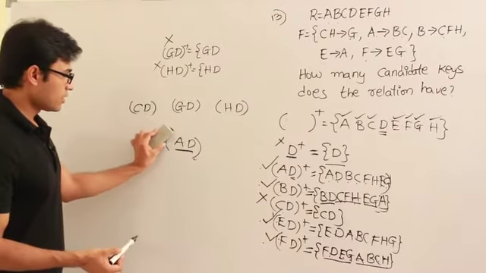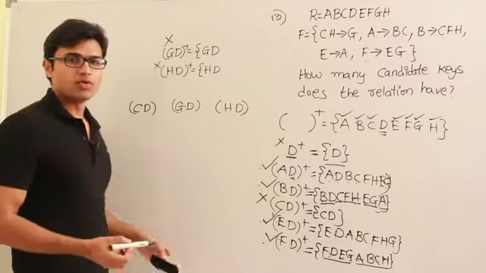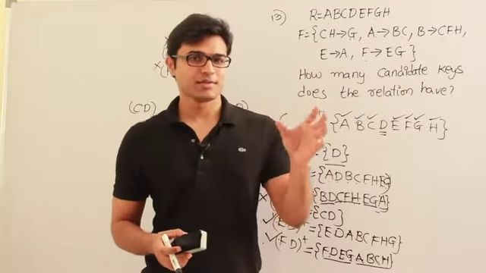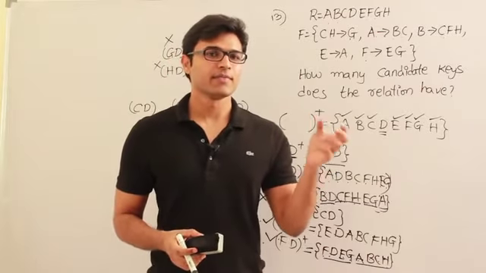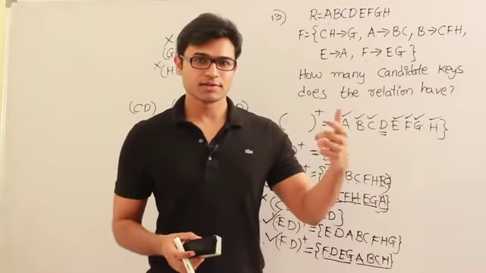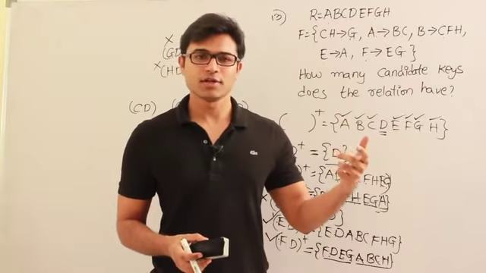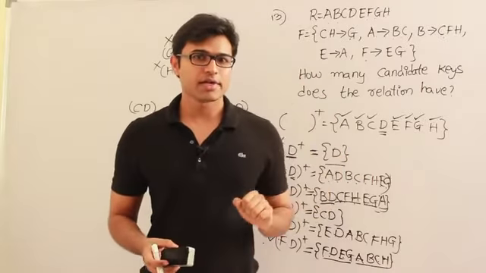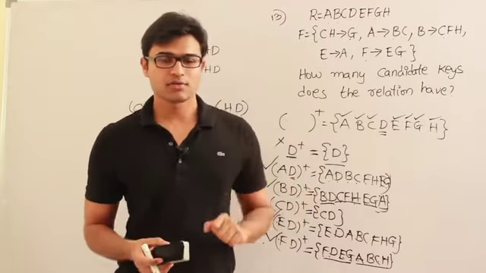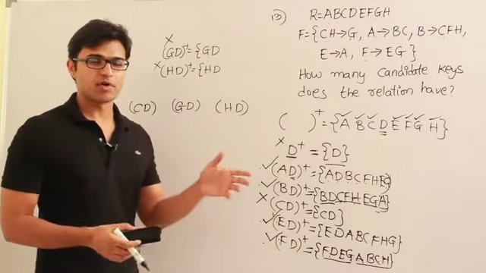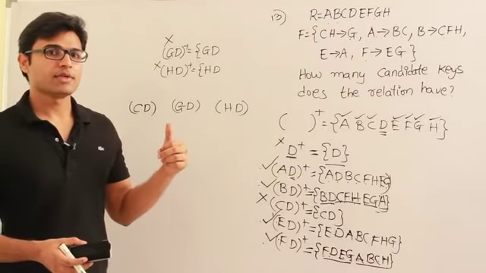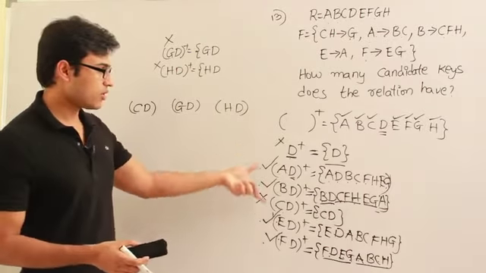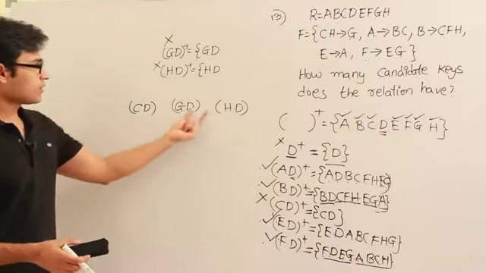So once you find that some set of attributes is a candidate key, you can never add more attributes to that set and get a candidate key again, because that is not minimal. You can remove all those added extra elements and get the smaller key. Therefore adding something to a candidate key will not give you a candidate key, it will give you a super key. Therefore I'm leaving out all those 4 possibilities and taking the remaining, right?